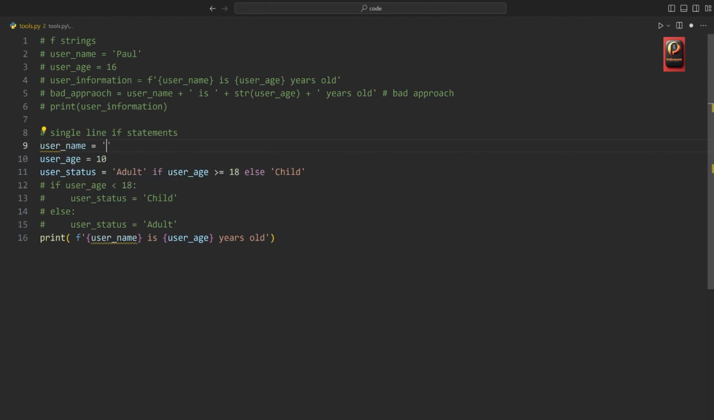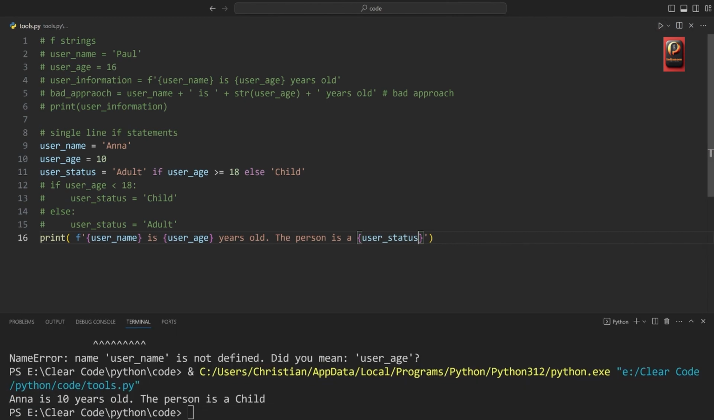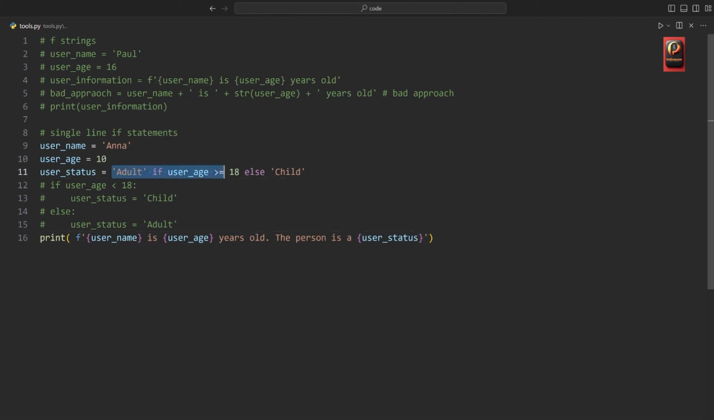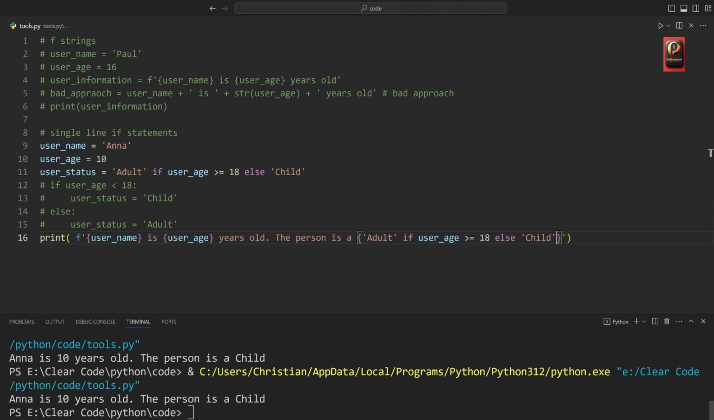For example, if I copied the f string from the earlier example and then print it, now for this one we don't have a username right now. Let's create one really quick. We have a username with Anna, then we have a user age, and now we want to add one more bit of information. Let's say the person is, and then we want to dynamically generate information. Now in there we could add user status. If I run the code, we are getting Anna is 10 years old, the person is a child,